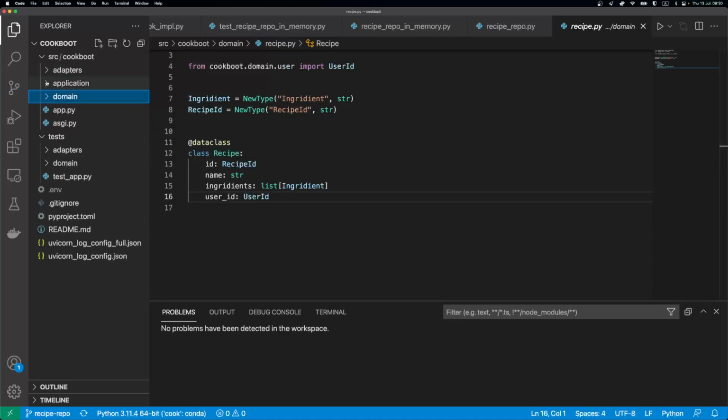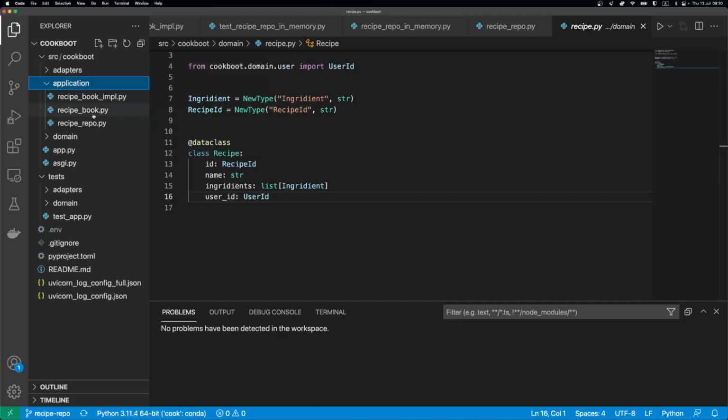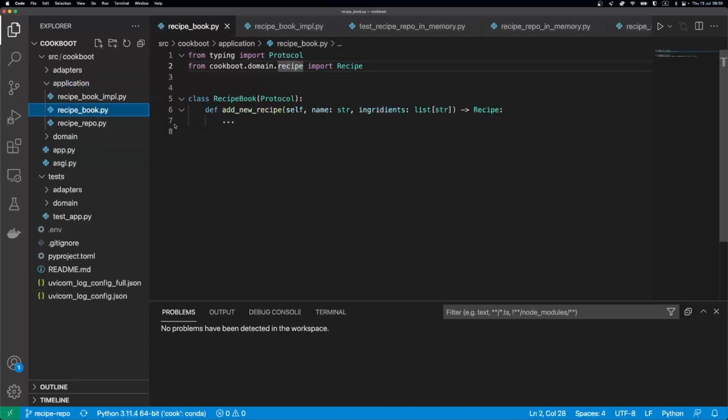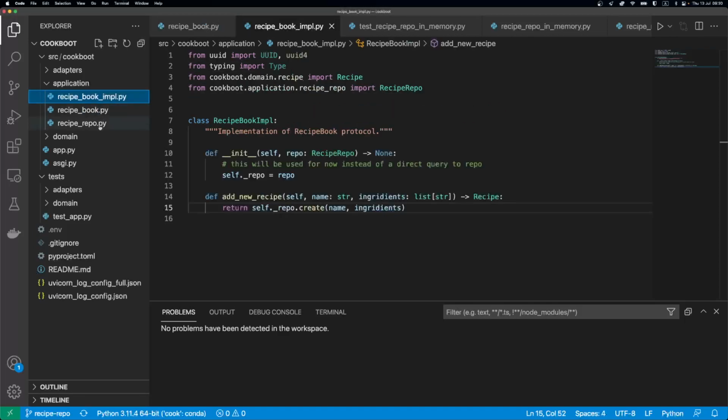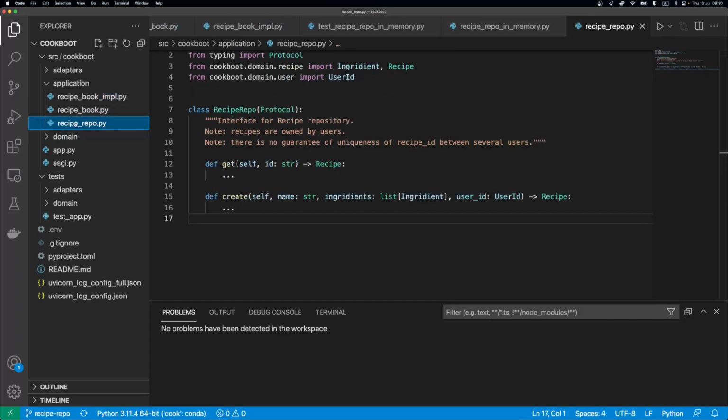While if we look into the application folder, that's where you will see more specific classes, like for example recipe book, which is the interface for our application. This will be the recipe book application, which knows how to get recipes, maybe create recipes, this kind of stuff. And then there will be an implementation,